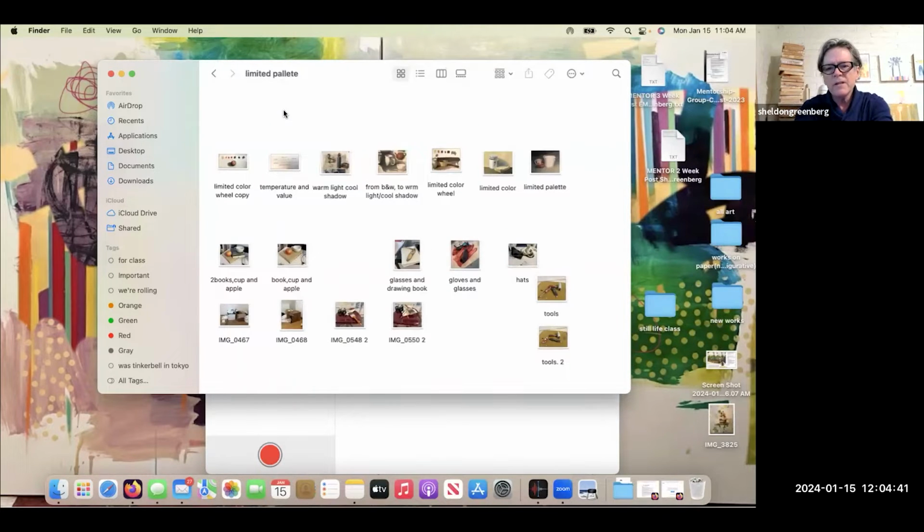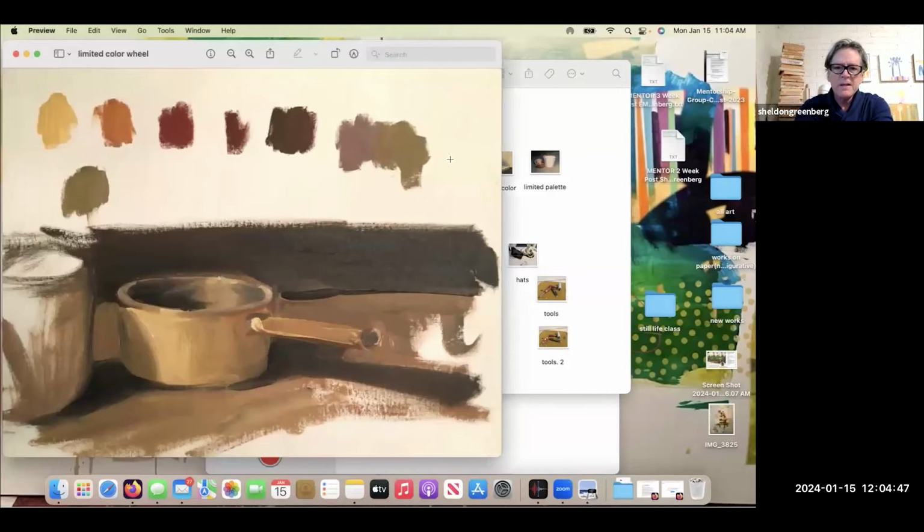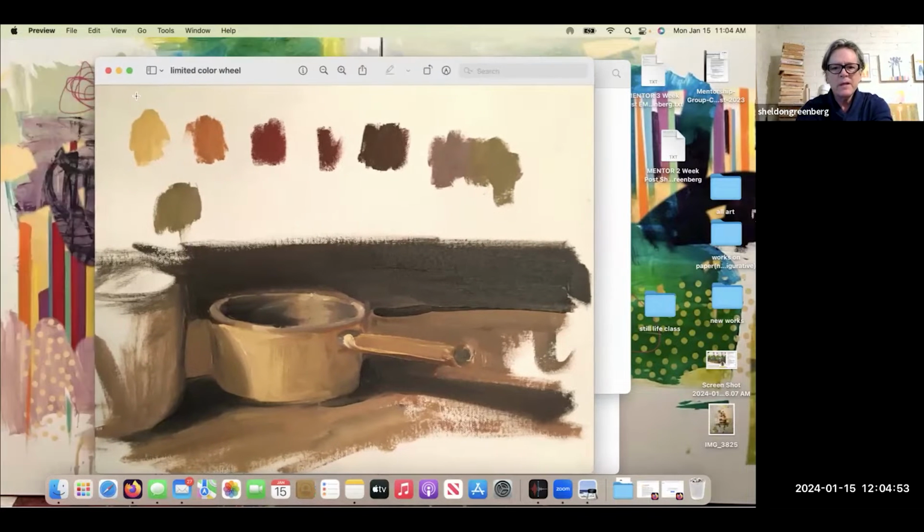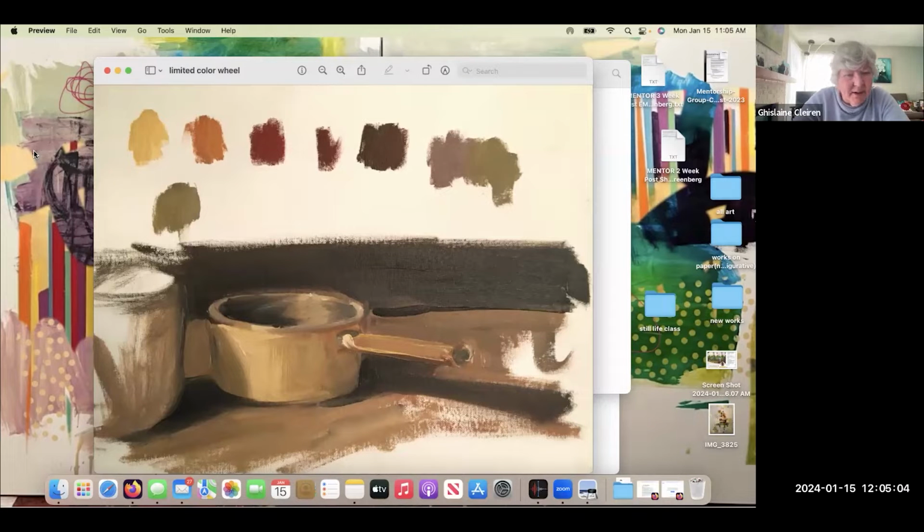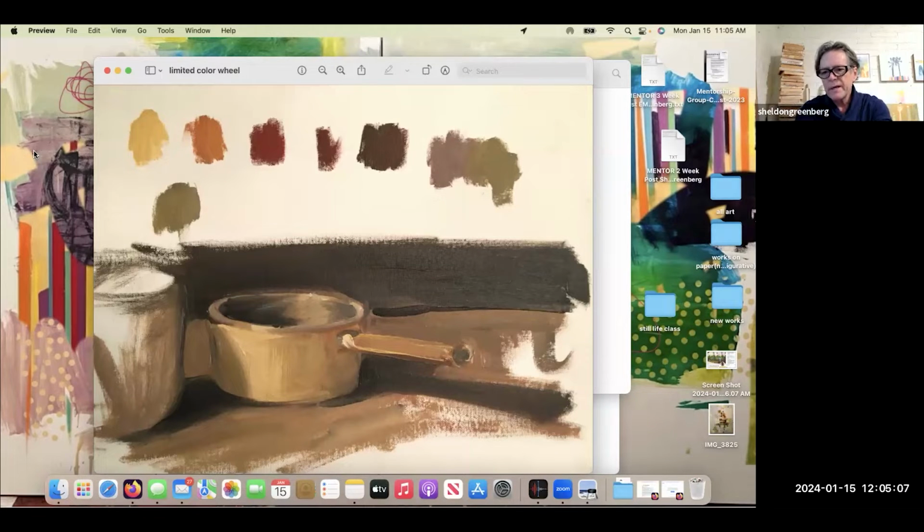The focus I have with this, and I teach this a lot, is that it's really helpful for people that get caught up in too many color choices. This palette is just black and white with yellow ochre and terra rosa red. What this does, as you can see when I've mixed these colors together, is I get basically an old master palette. We're going from the yellow, a little bit of orange, to the red, and then moving into a darker variation of greens.